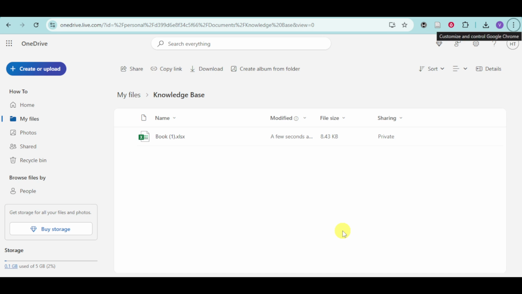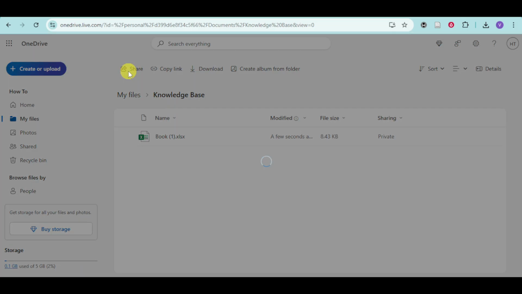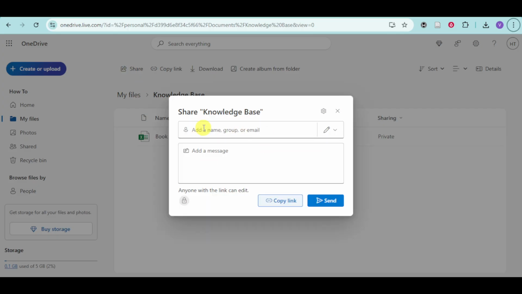Now, if you want to share your knowledge base with your team, you can just click on this share button right here, and then you can choose who you want to view or edit the content, and even generate a shareable link for easy access, which is right here. You can add a name or add a message to the one that you want to send the file or the folder for. So finally, any updates you make in OneDrive will automatically sync for everyone with access, giving